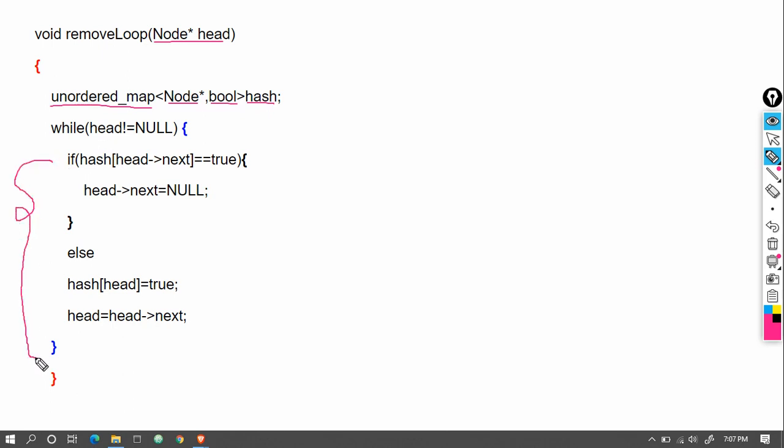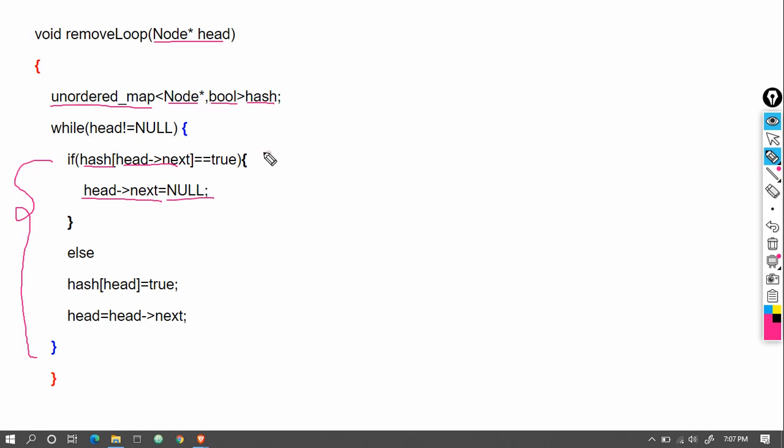Let's see what. If hash of the next of the head is equal to true, this means that if I am at one position and its next position is already true, we have visited that node earlier. So what we will do is set head to next as null.